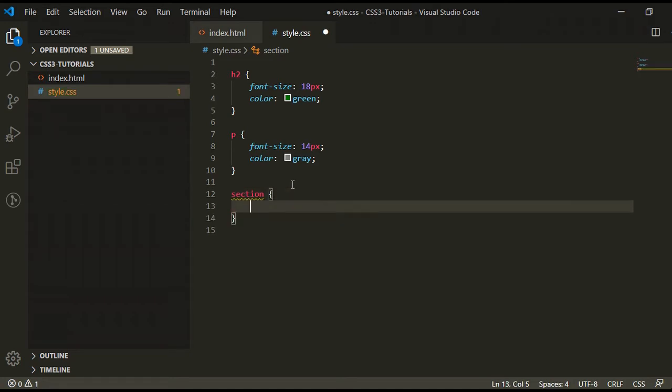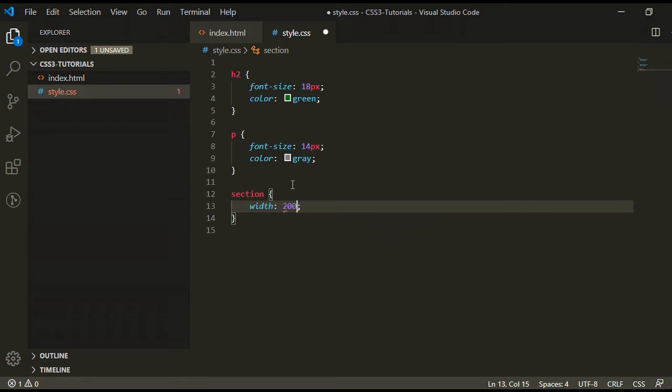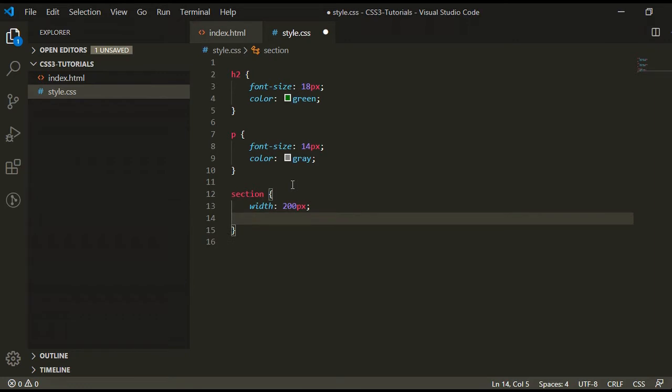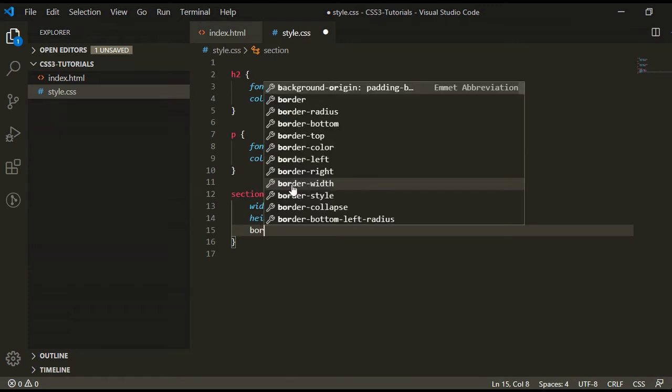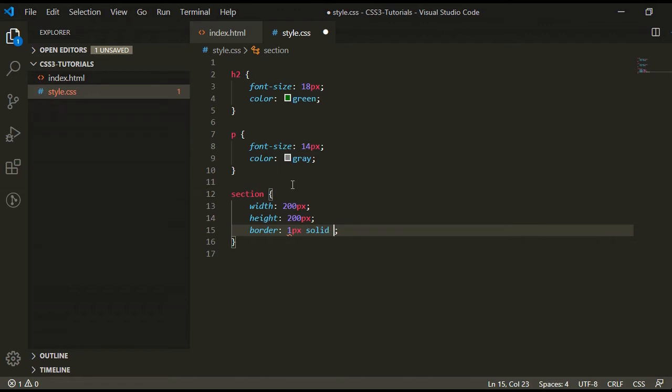For section we can give some other properties like width, height and border: 1 pixel, solid, and the color, just give it blue. You can also write the hex color code instead of the color name.